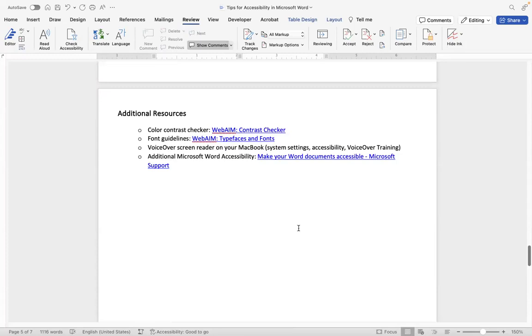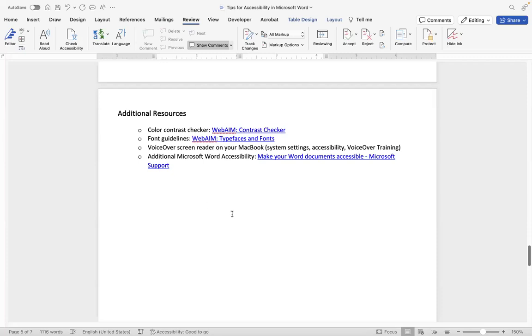And what I did is I went to the WebAIM contrast checker website, and I was able to use tools on that website to actually compare the color of blue against the white background. And I verified that this meets color contrast criteria. You can also use WebAIM to ensure that you have good choices for your typefaces and your fonts.